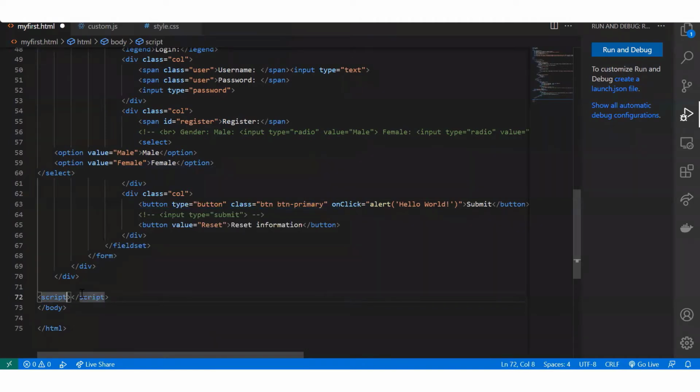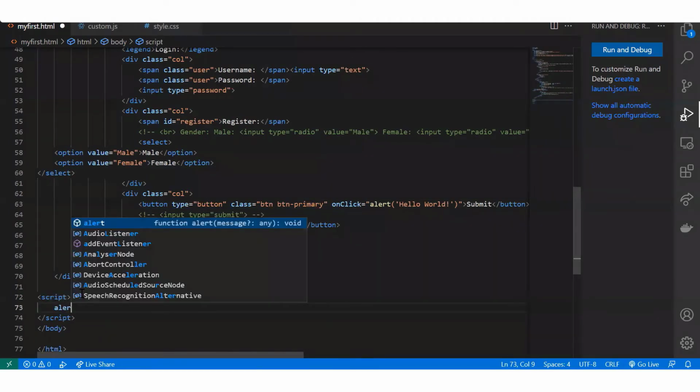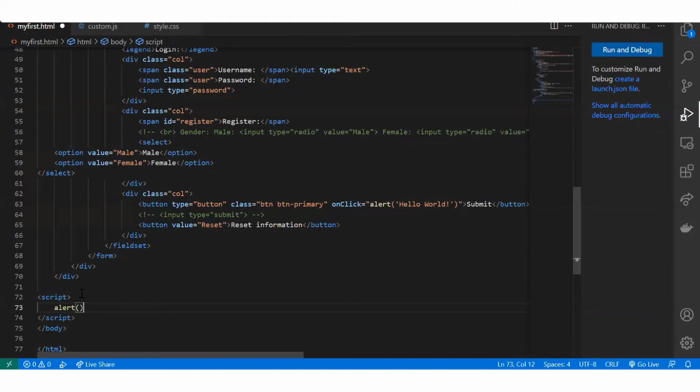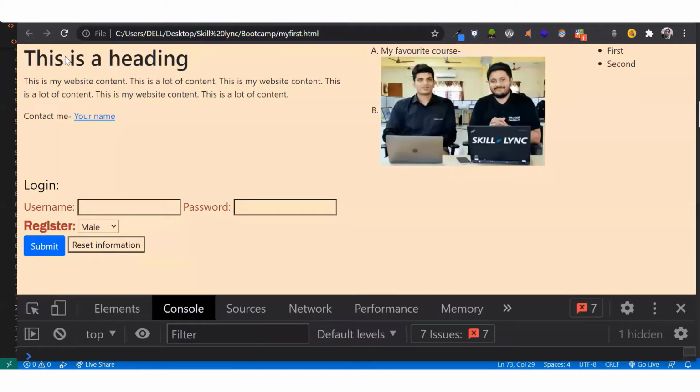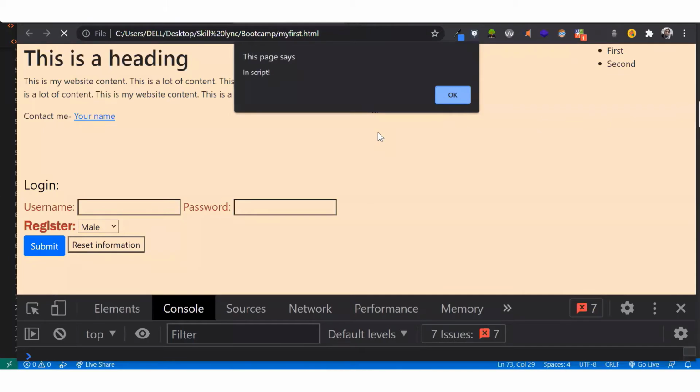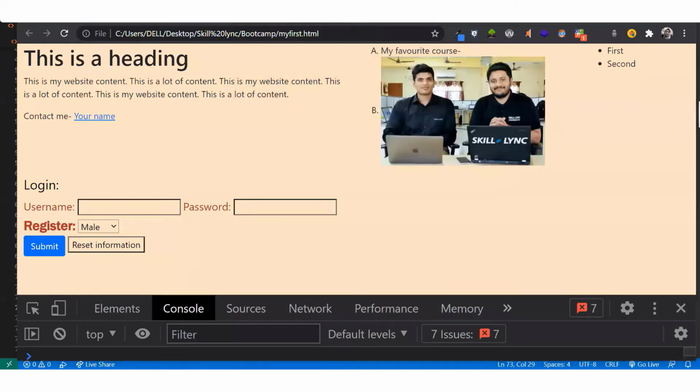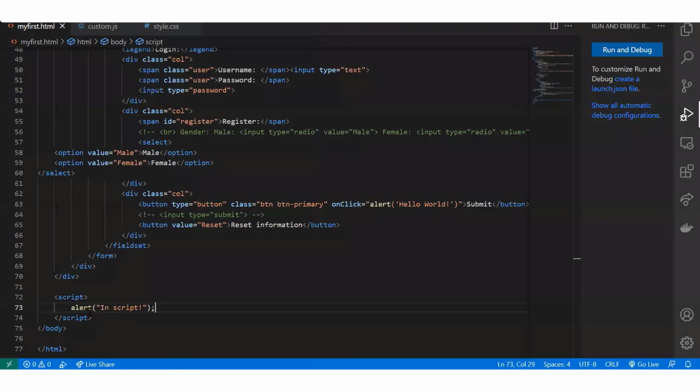So here, let's say I'm just putting alert in script, and that's it. I'm saving it. And if I reload this page now, you will see that it is alerting to us in script. So this is how you could add internal JavaScript as well. I'm just commenting out this part now.